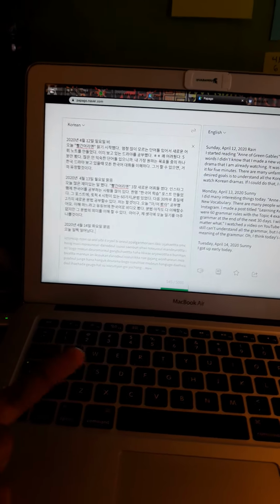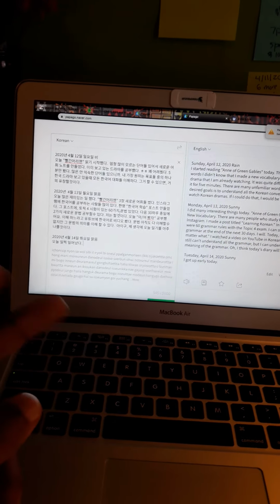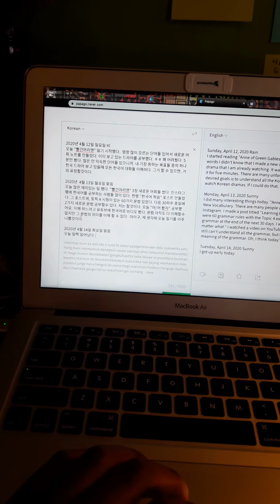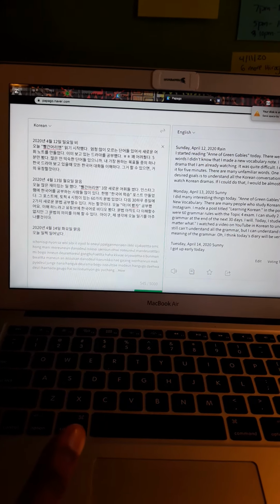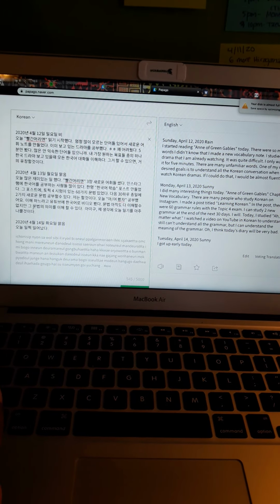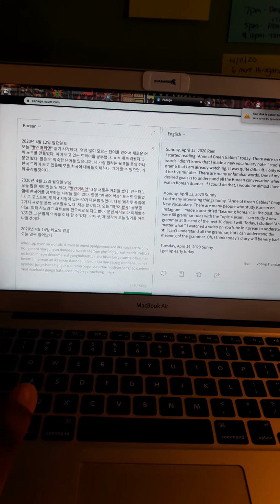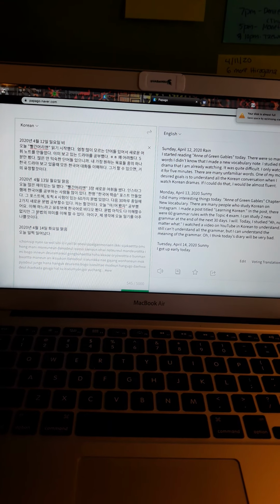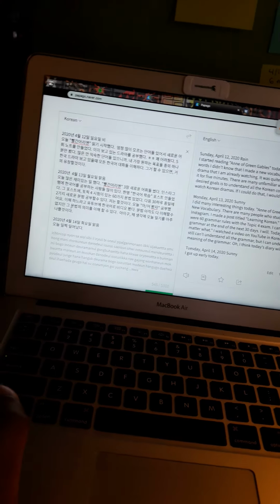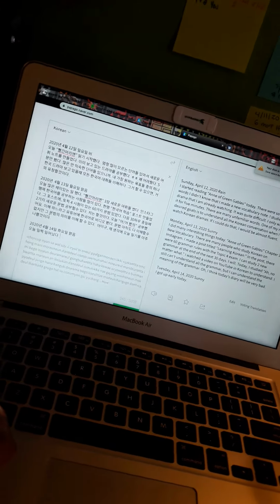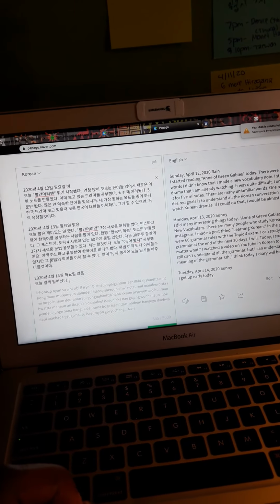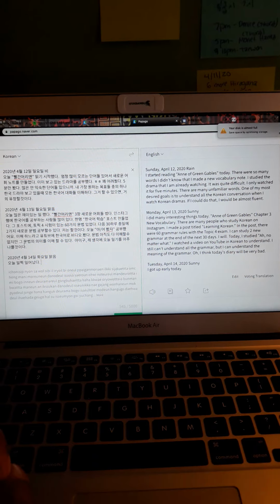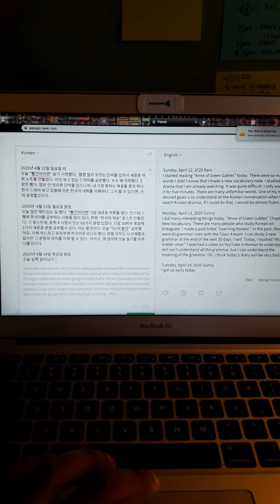That was a long way to say that I don't want to be cheating myself out of the experience of writing Korean. So what I was really proud of today is that I wrote a long journal entry about learning grammar. I usually don't write about specifically what I learn, because it uses a lot of unfamiliar and slightly awkward grammar, especially for intermediate learners of Korean. But I decided to give it a go